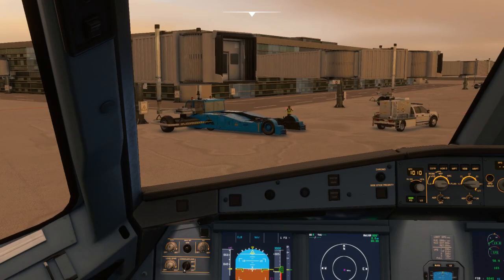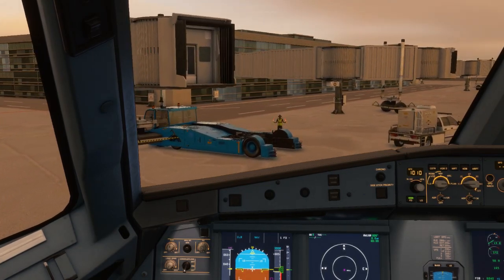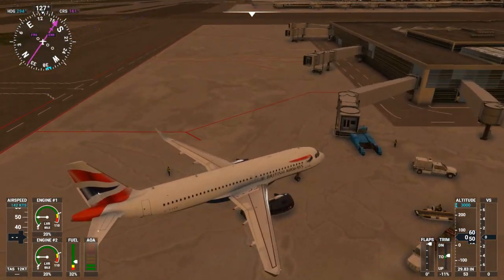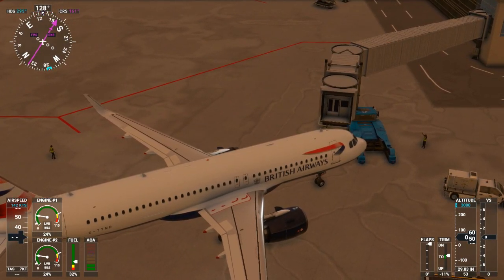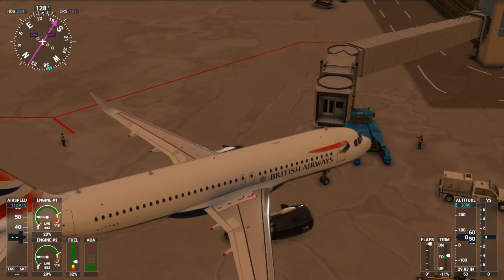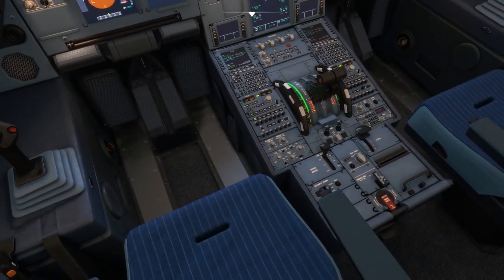I do like this. Most of the time at the big airports there it's pretty accurate, but let's have a look, see how good this one is. Go. Fairly accurate. They always take you too close to the tug really, but